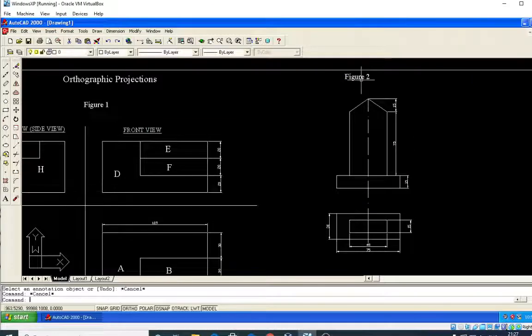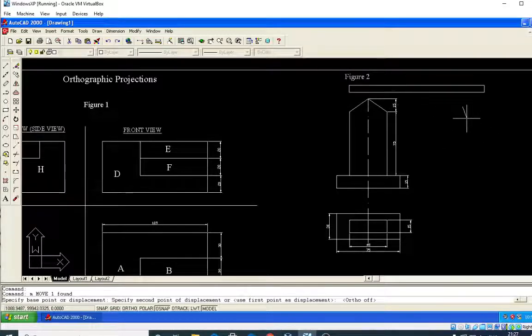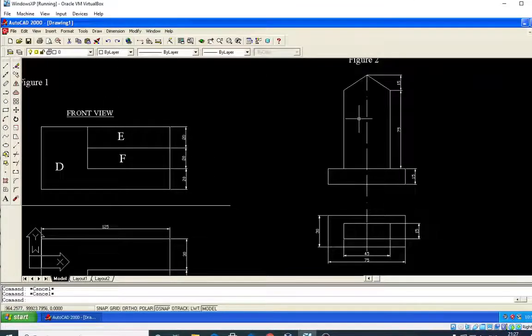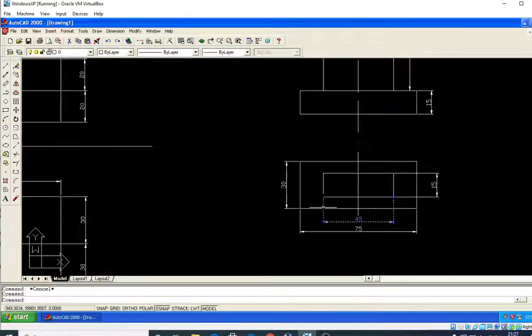Okay, so you can move this. Select it. M enter. Ortho should be off. You can take it here. So that height is 15 mm. Sorry, height is 15 mm. Here from here to this point is 75. From this point to this point is 15 mm. And when you see from the top, this is a dimension line. Okay, don't get confused. So total width is 75. This rectangle is having 75.